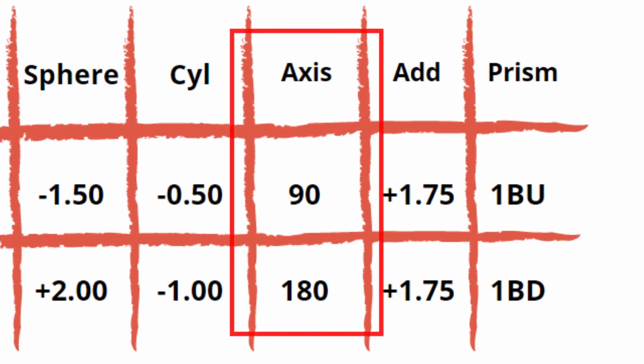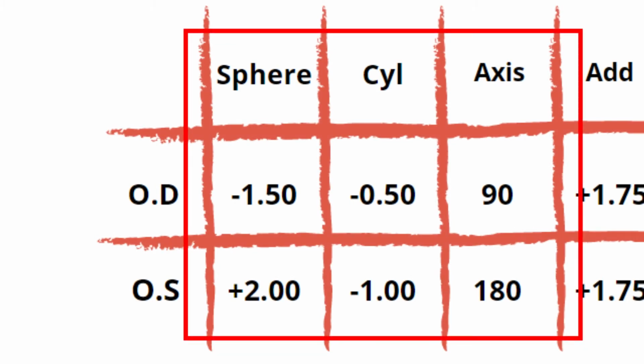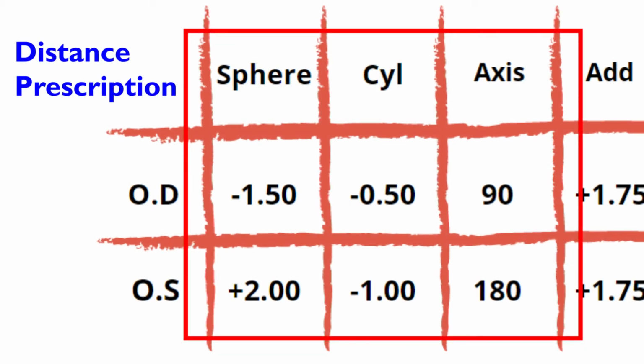And astigmatism can be corrected with glasses, and not everyone has it, so that spot on your prescription may be left blank. Astigmatism is also measured in diopters in 0.25 steps. The axis is the second component of your astigmatism prescription, and it tells us what direction the football shape is pointing at, so we know where the astigmatism prescription should go. These three aspects of your prescription give us your distance prescription, which you may use for watching TV or driving.